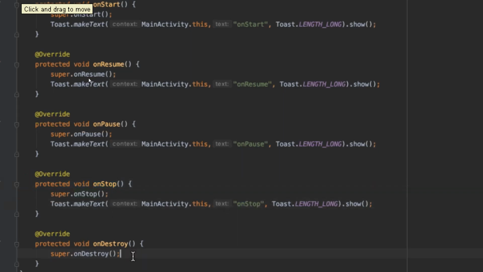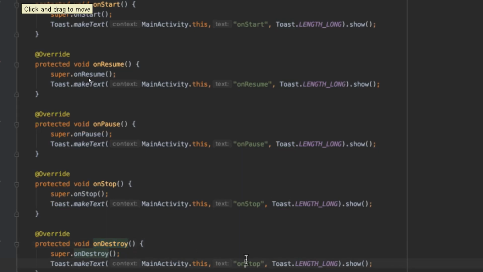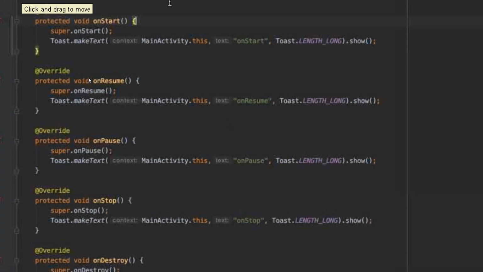If you are completely destroying the activity, then it will call on destroy. So these are the lifecycle methods we have inside our Android activity class.